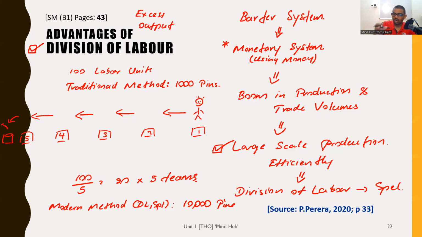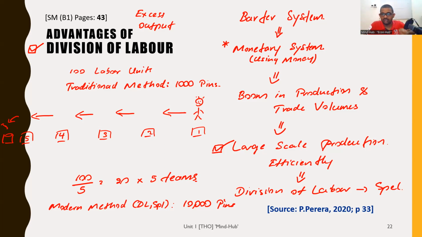If you are in small scale production, if you only have 3 or 4 people, don't practice division of labor. It will not make sense. But in large scale production, like the assembly line, how they make cars, have you seen on television or YouTube videos? Have you seen an assembly line, a conveyor belt? The car keeps moving and they keep fixing things. That is the assembly line, no?